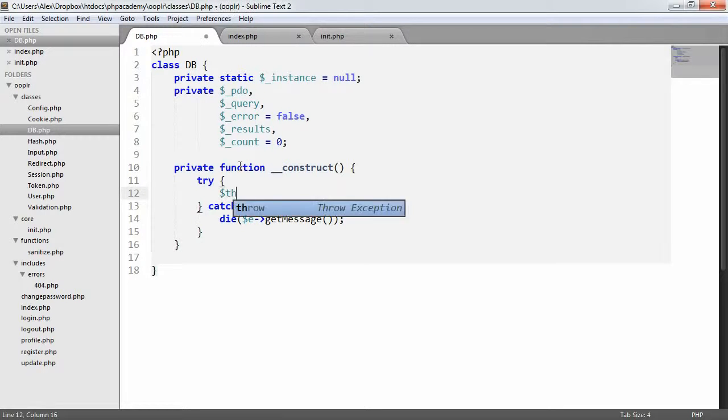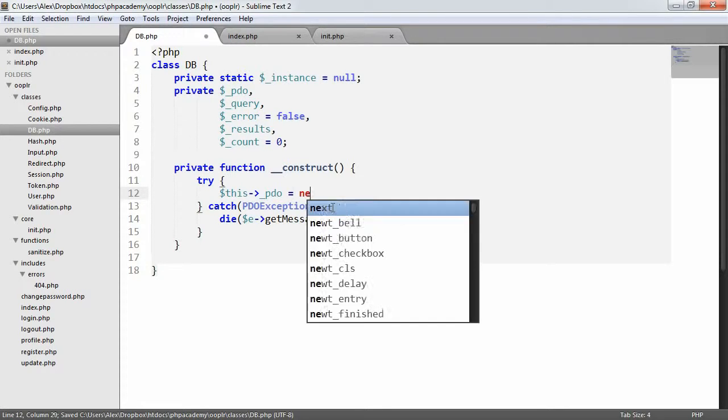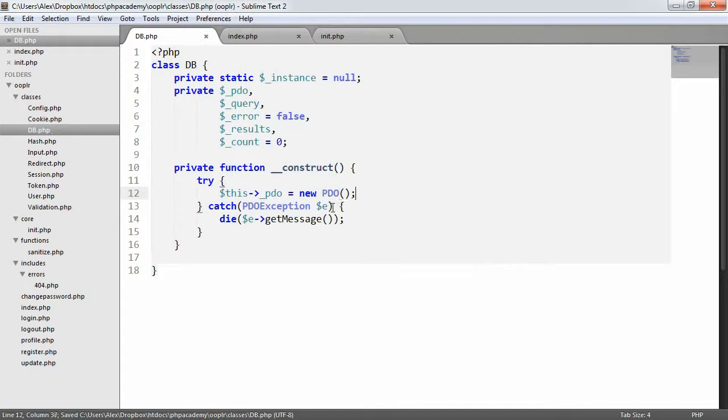And when we are working with our connection, we'll mess around with the settings and see how this affects it. But what we're going to do is set the private PDO property to the PDO connection. So we're going to say new PDO, and this is just standard syntax. You can find this in the PHP documentation. So the way this basically looks is it's a string, then we have a username and a password. The initial string defines what